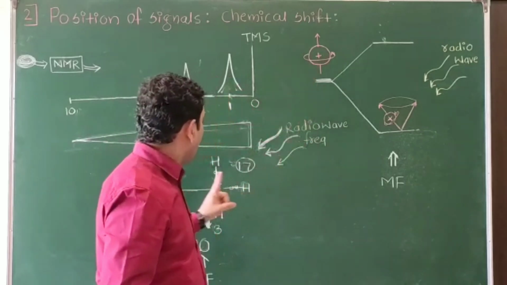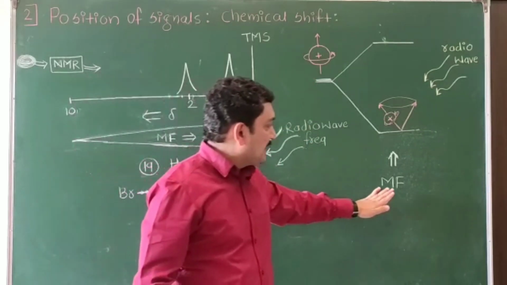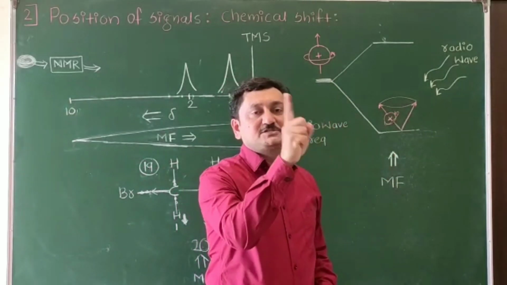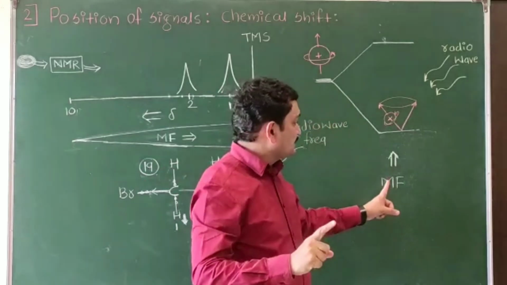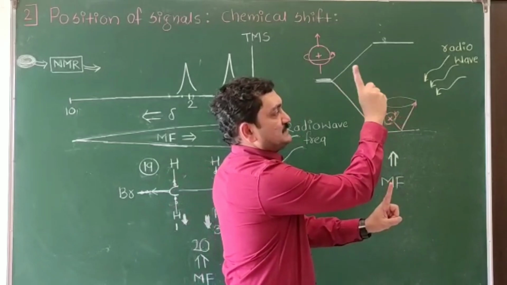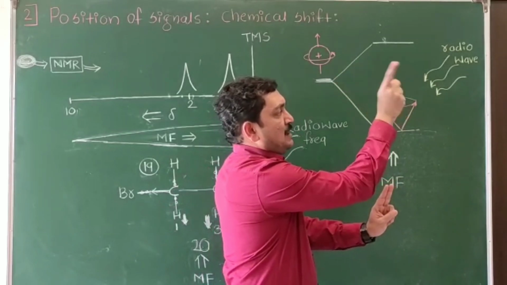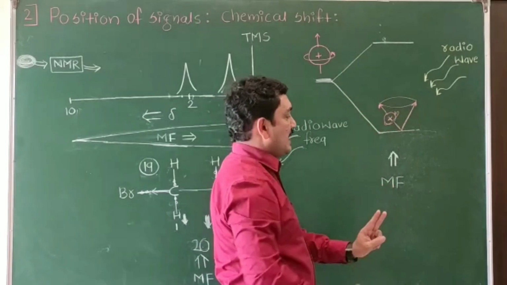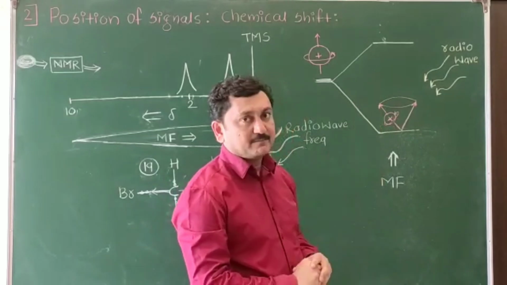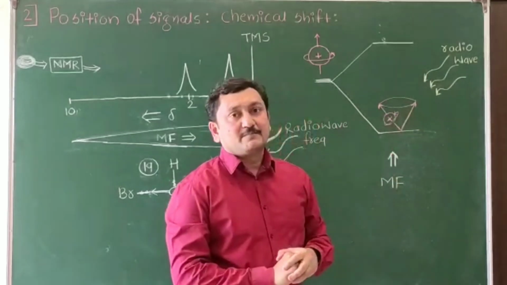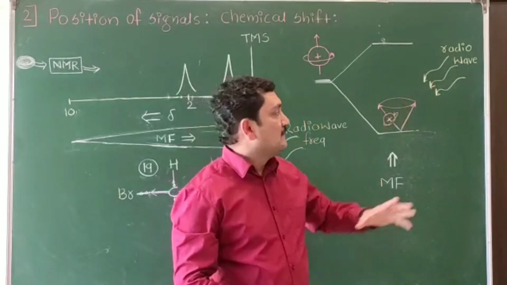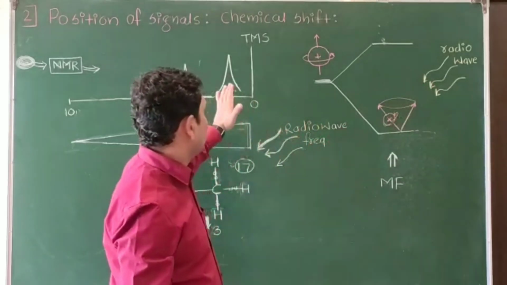This is the nucleus of this hydrogen. When we apply the magnetic field, then this nucleus will have a precessional frequency. Whether the precessional frequency is less or more depends on the magnetic field applied. If we apply less magnetic field, they have less precessional frequency. If we apply more magnetic field, they will have more precessional frequency. As we are keeping the magnetic field constant, the precessional frequency is a fixed one. We will change the radio frequency one by one. That radiation will be absorbed whose frequency matches the precessional frequency. Once the radiation is absorbed, we will get the signal.